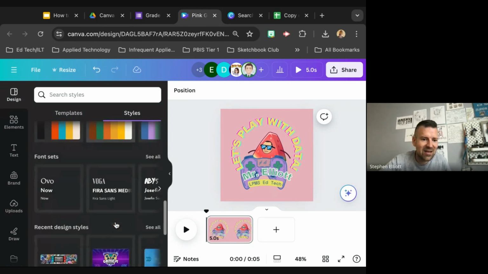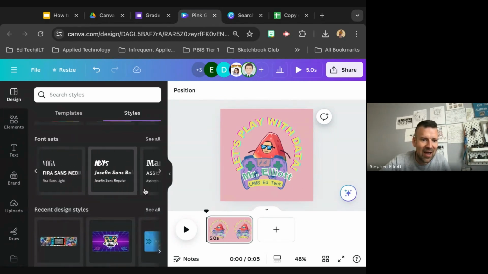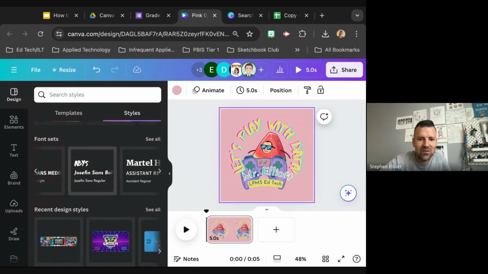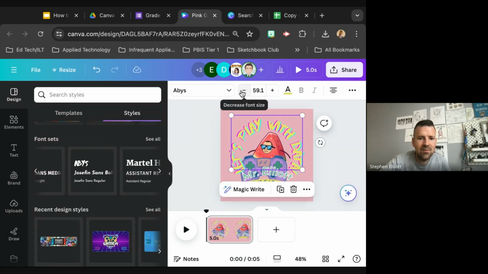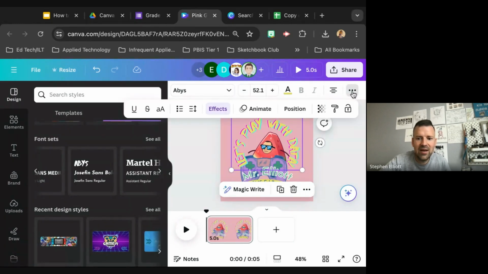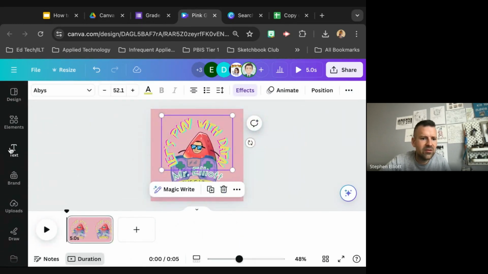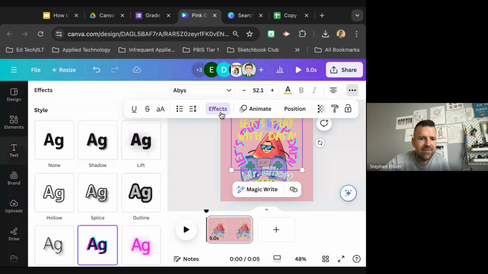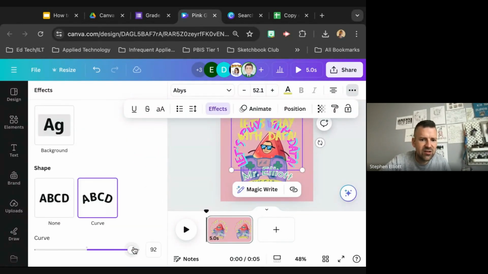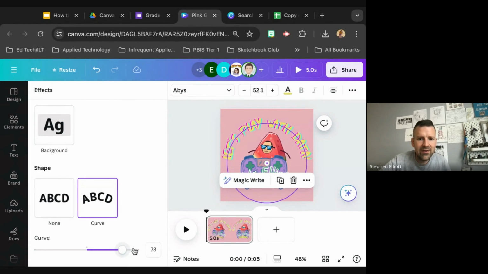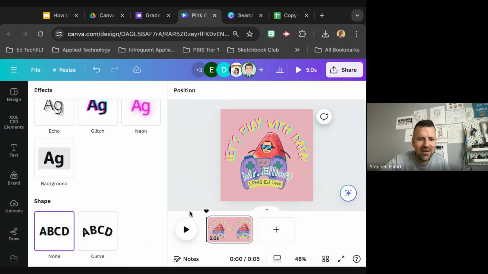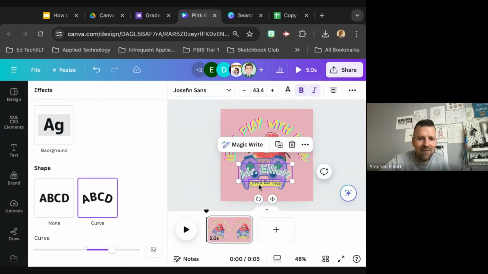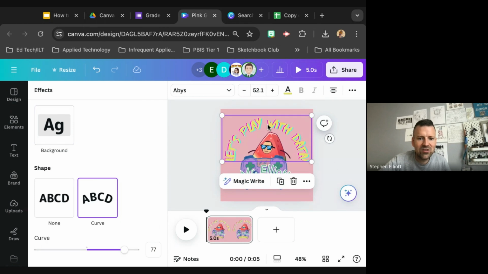So that exists, as well as font sets. So I could change all of my fonts. Ooh, that one's interesting. I think that I could just take this one and make the text a little bit smaller and go into my text and go into my effects. There it is. And I'm going to change the curve so it's a little bit wider. There we go. Okay. So now I have a very different logo than what I had just 2 minutes ago,